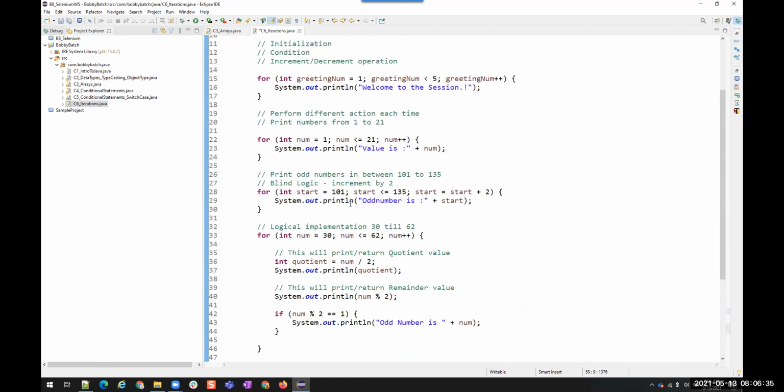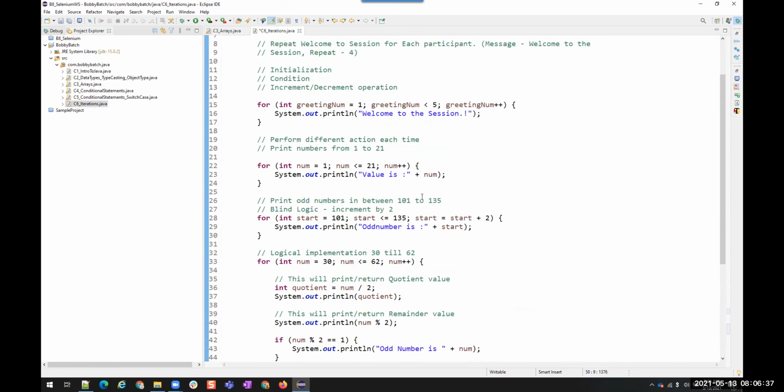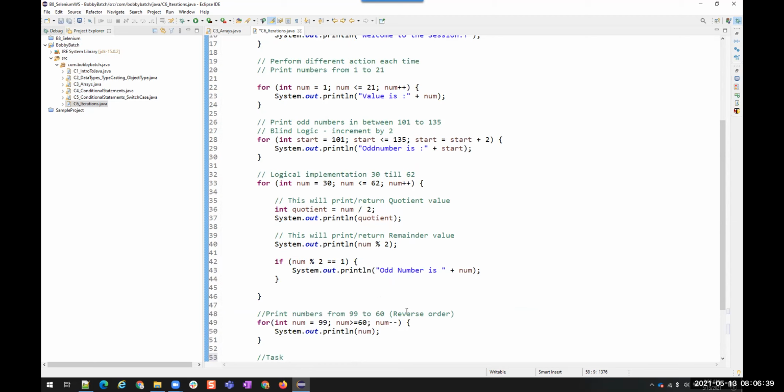Okay, so you understood the basics of the for loop: incremental, decremental, and then the execution flow, right? Okay, so now some interesting facts about this for loop. Let's see.